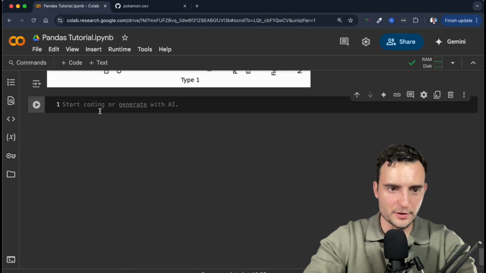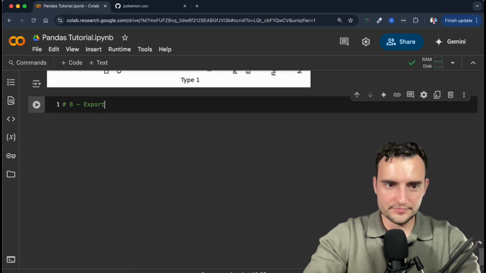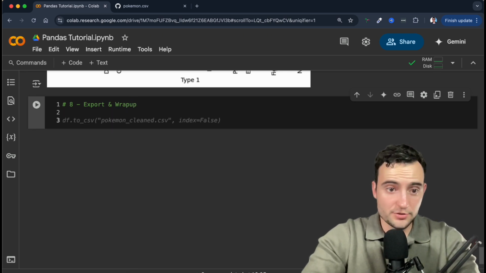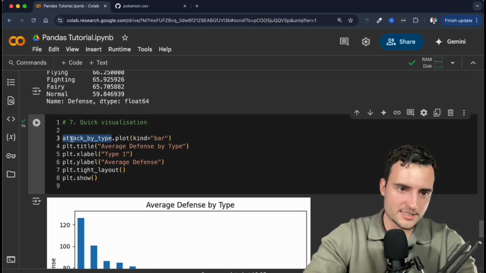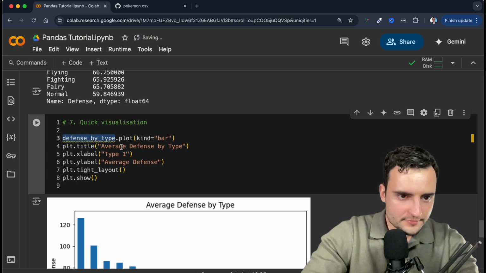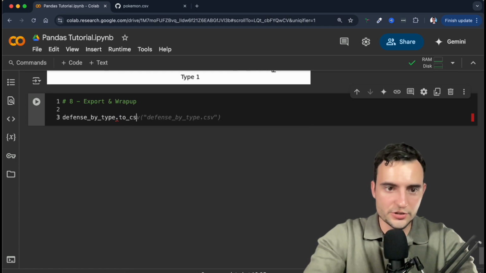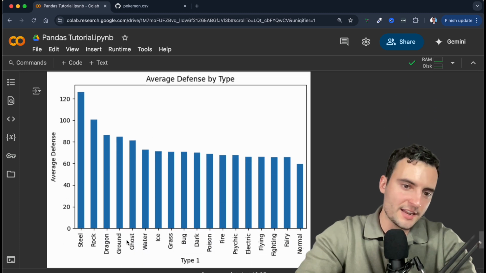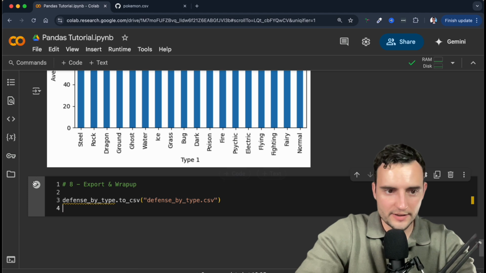And now the last few parts that I'll show you here. If I go to 8, I can show you how to export and wrap up. And so the way that you can do this is you can actually export this. So if I do, for example, I want to export this defense by type, I can do defense by type.to_csv, and I can export this new data set that I've done here in a table format, and I can download it. So here, if I run this,